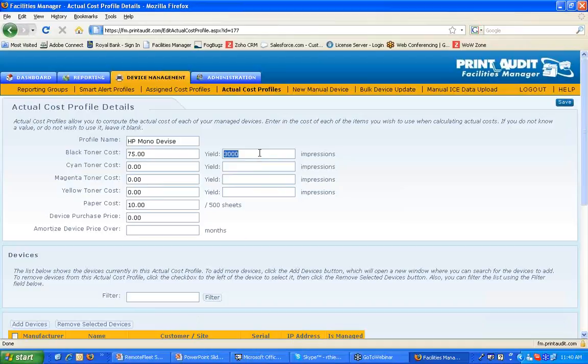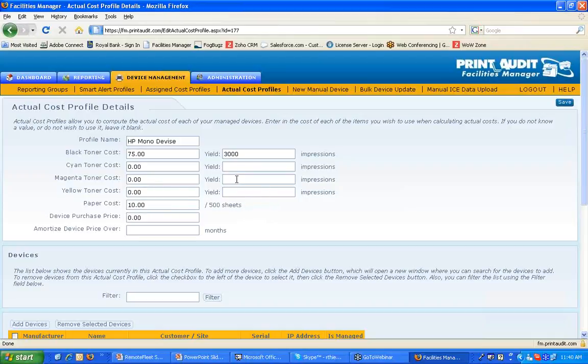I probably just put them in as an example to somebody, but you could replace this with an HP color device too and add those costs for the different colors and add the yields as well. And based on those yields versus costs per cartridge, we can then start to calculate TCO,